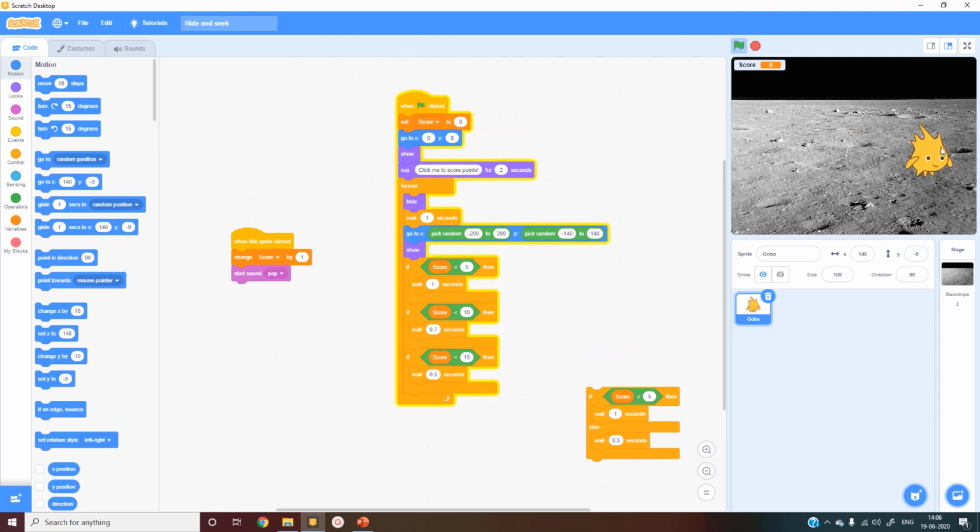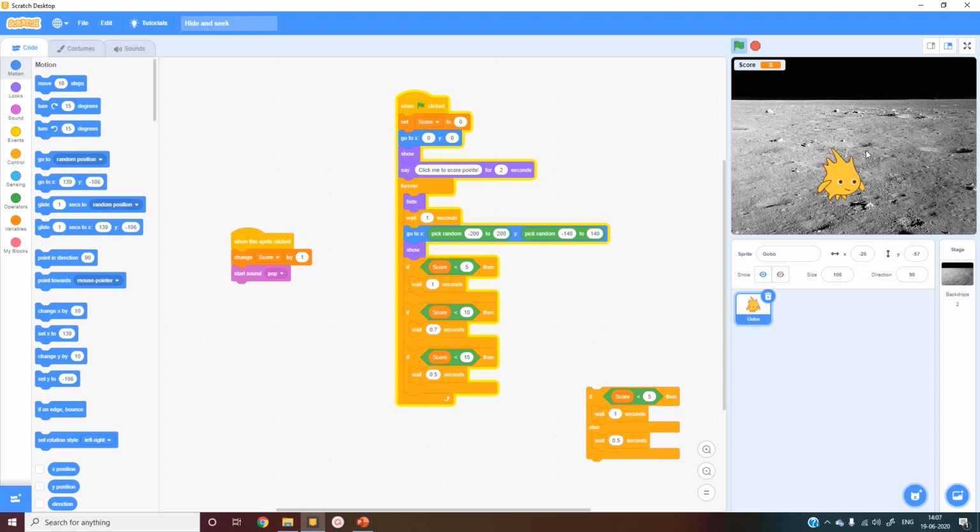Now you'll see that after the 5th point, the speed will increase, and after the 10th point, it will increase more rapidly. That will make the game more difficult and harder to score points as you go forward in the game. Now see, after the 5th point, my speed has already increased.